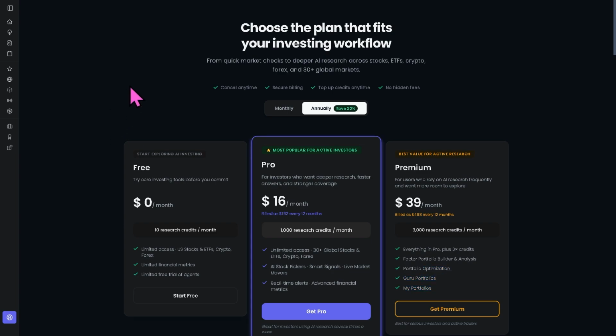Ultimately, the best plan depends on your investing goals, research frequency, and budget. If you are just getting started, the free plan is a great way to learn the platform. Active investors will likely find the Pro plan offers the best overall value, while serious researchers and portfolio-focused investors may benefit most from the premium tier. Now that you understand the differences between the plans, all I have to do now is